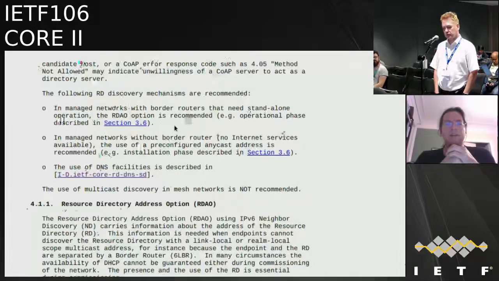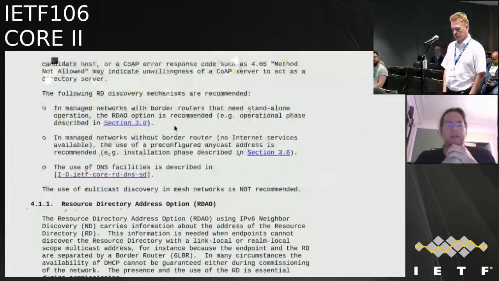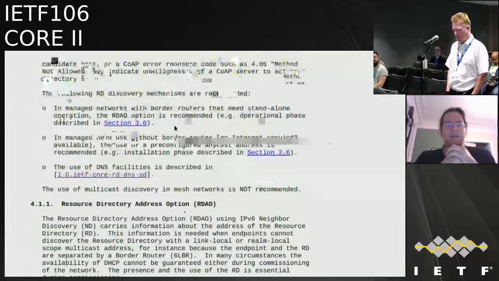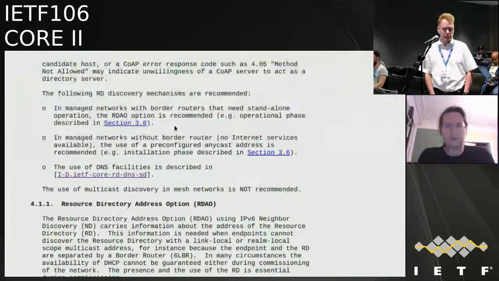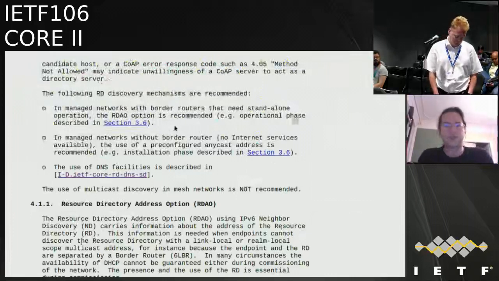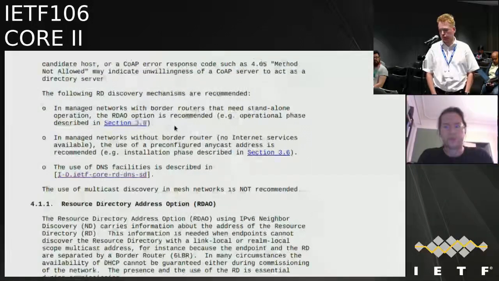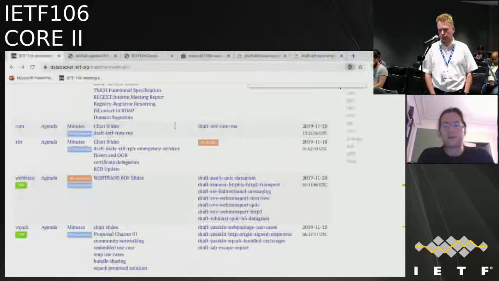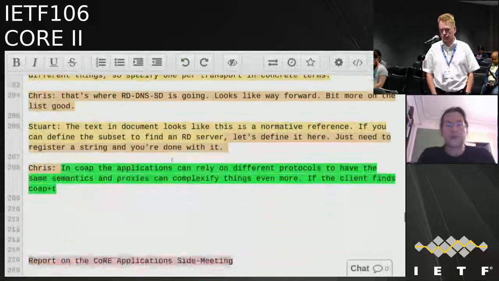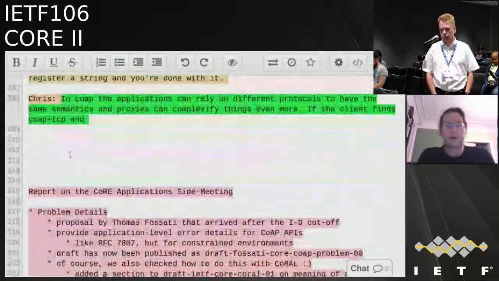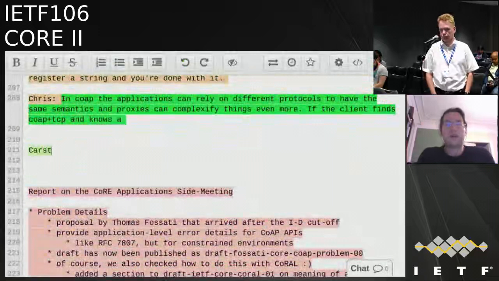So even if a resource directory client discovers a CoAP plus TCP URI, if we used subtypes to do protocol negotiation over DNSSD, and I'm not saying we should, I'm just saying that this would be an option we should still consider, and the client has a proxy it can use, it could just go to the proxy and say, okay, please do my RD registration for my CoAP URI over that proxy, and that would still work